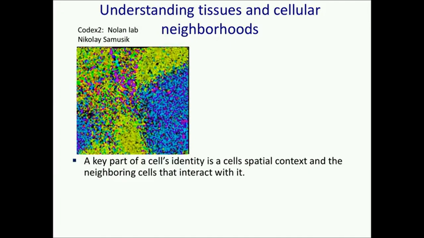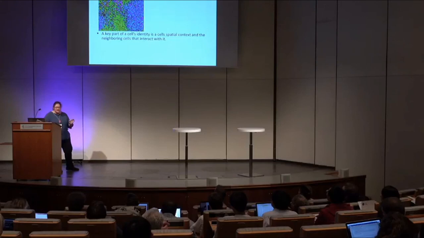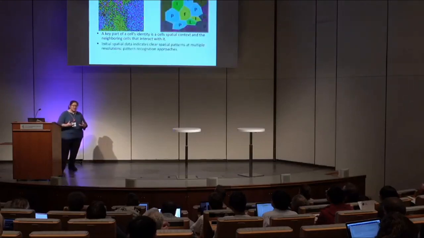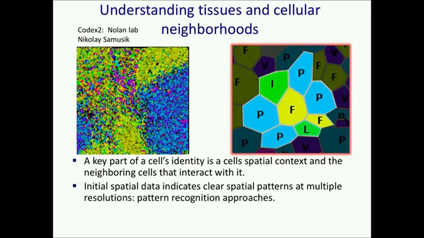Basically, a key part of the cell's identity is who its neighbors are. And if we go back to what the cell might do, we can get two things from the neighborhood. One, that neighborhood might encode things which we hadn't measured, which, if we had comprehensively profiled everything inside the cell, we wouldn't need to look at its neighbors. And two, because a cell actually interacts with its neighbors, it listens to its neighbors when it's responding. If we want to know how a cell will respond, its neighbors have critical input into that. So we really need to define a cell in its context in order to understand how it will respond, in order to understand this cell type will do this when